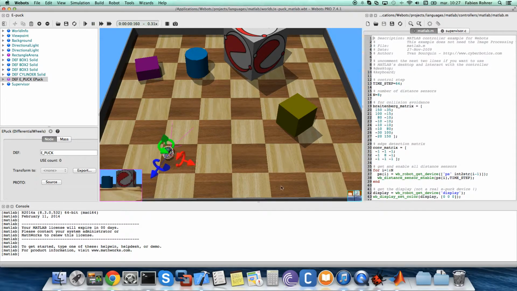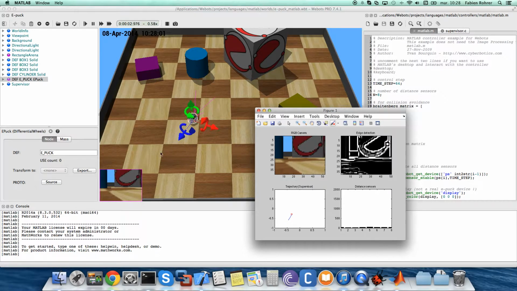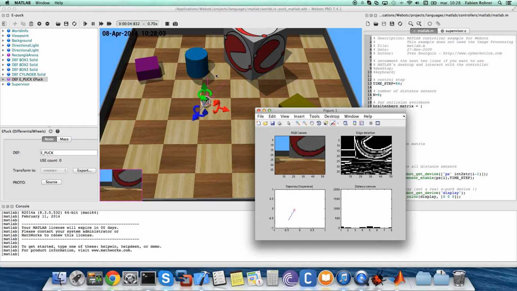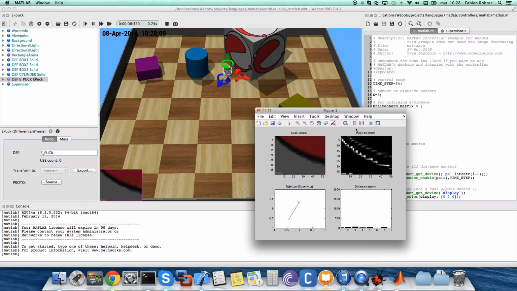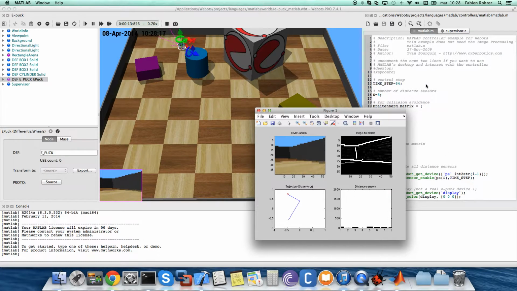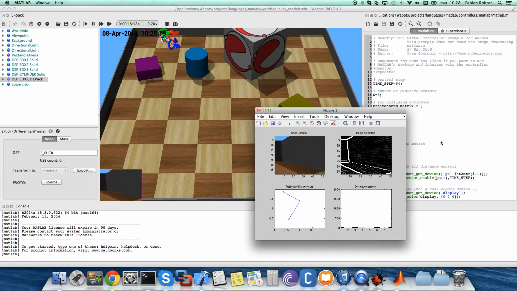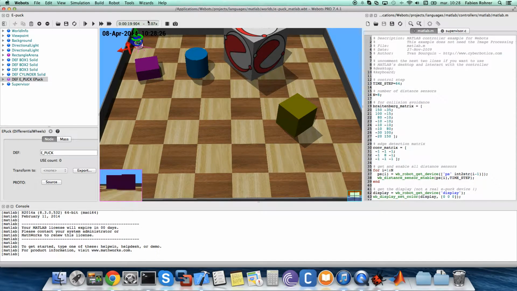When I run the simulation, the result is a collision avoidance algorithm, and the result of the cameras of the Epoch is shown there, and we have several other information. It's interesting to look at this code to see how it is done. But the main aim of this screencast is to create a new project, a new MATLAB project,